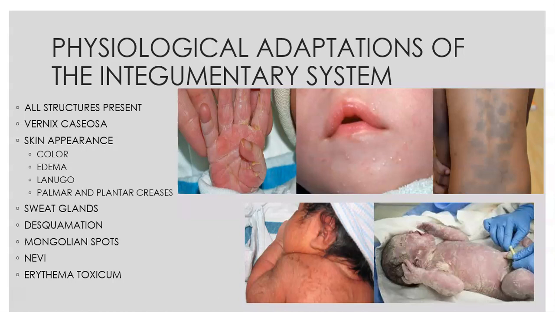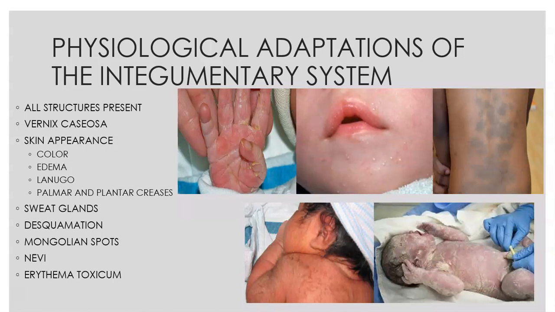The top right picture is called Mongolian spots. So Mongolian spots are most commonly seen in your darker race population, so African Americans and Hispanics. And these are purplish colored. They're typically on the backside or the buttocks area, but they could be anywhere on the body. And these are a birthmark. They're not concerning. They tend to lighten up as the child gets older, but they don't completely go away. Just a birthmark, nothing concerning, doesn't indicate anything.